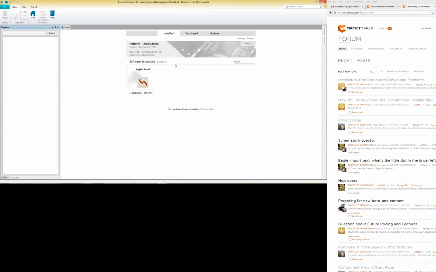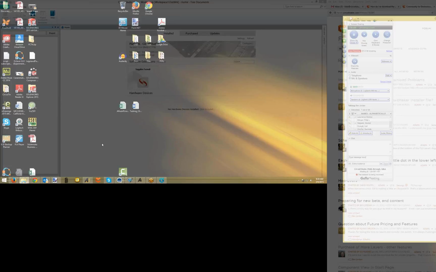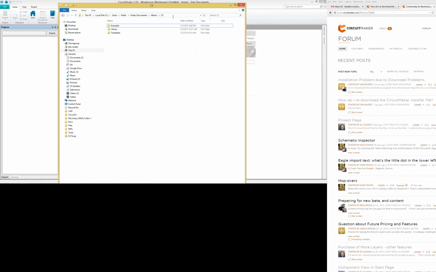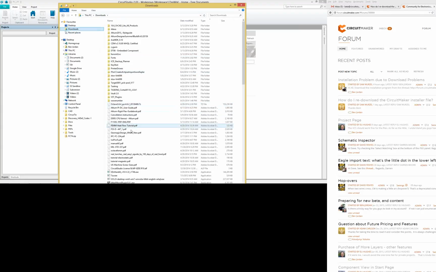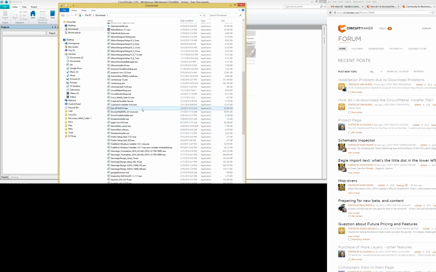This is what you should see normally. Now, this configure one is important, because often a user will install the software. Let me just start the installer. I won't actually go all the way through installing. I guess it's in my downloads folder. Downloads. Gosh, I've got a lot of junk here I need to cull. CircuitStudio setup. So if I run the installer,